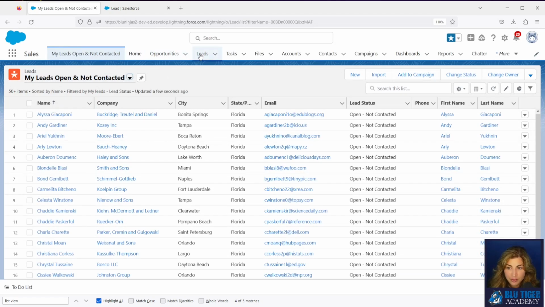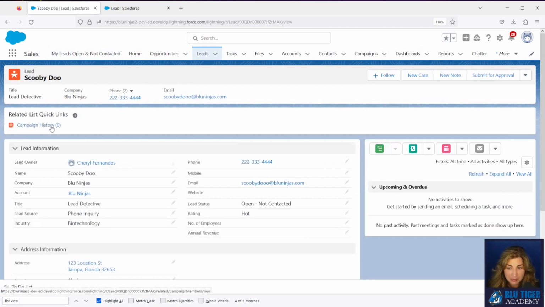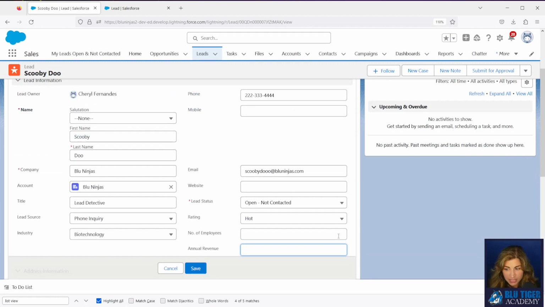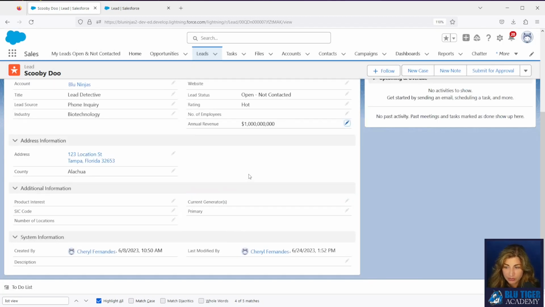Another tip that I learned from a member of the sales team I was working with was the ability to use the letters K, M, B, and T as shortcuts. So let's say I wanted to enter in 10,000 here. I enter in 10K and it's going to automatically put 10,000 in for me. It'll put in the number of zeros that I want. If I want to put in 1 billion, I'm going to type in 1 and a B, and then that will automatically put in 1 billion for me.